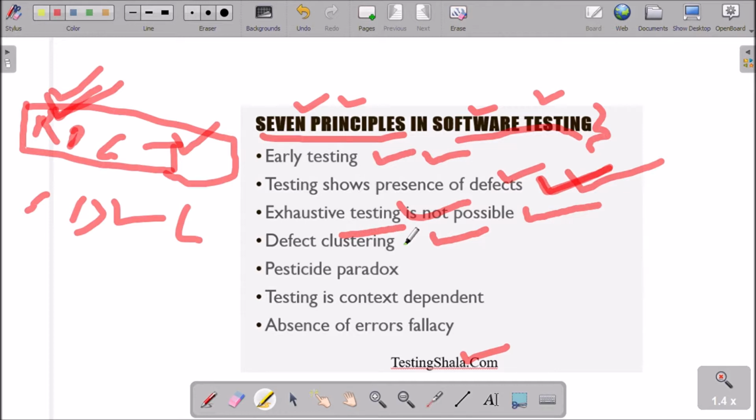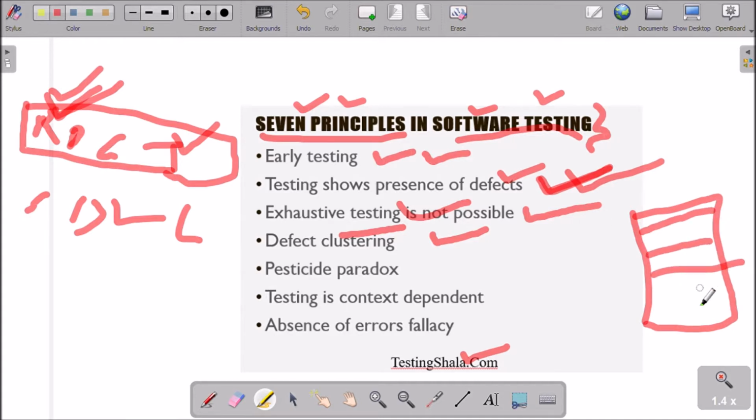So what is meant by defect clustering? Let's say you have a product with 5 features. This is A, this is B, this is C, this is D, this is E, right? Now, most of the time we are able to find issues in only the E module, and the other modules are